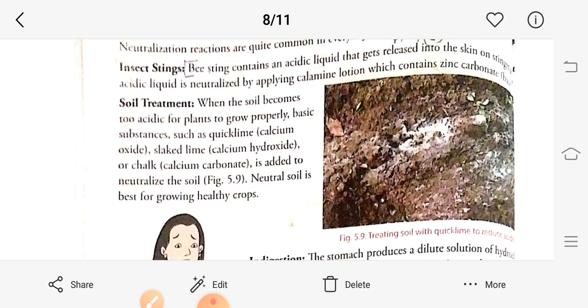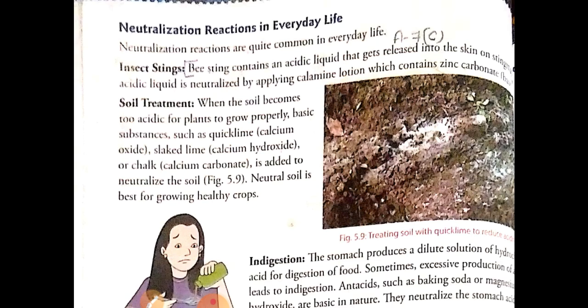What is the neutralization reaction? A neutralization reaction is a reaction in which an acid reacts with a base to form a salt and water. Now what are the uses of the neutralization reaction? So the first use in it,